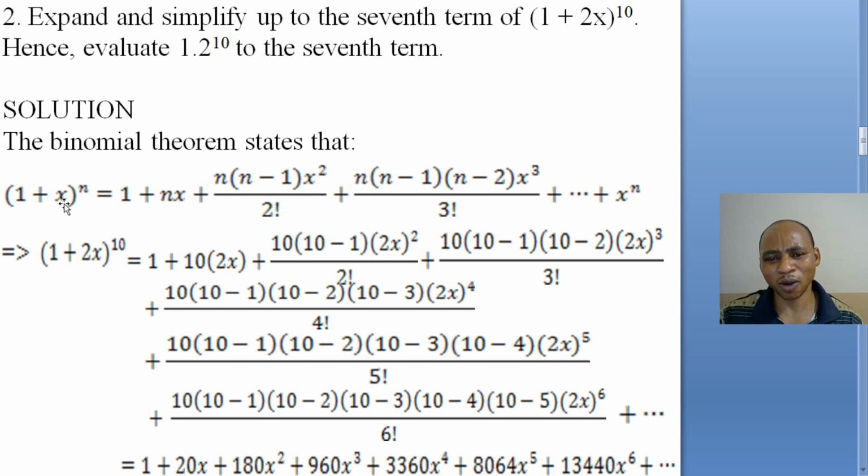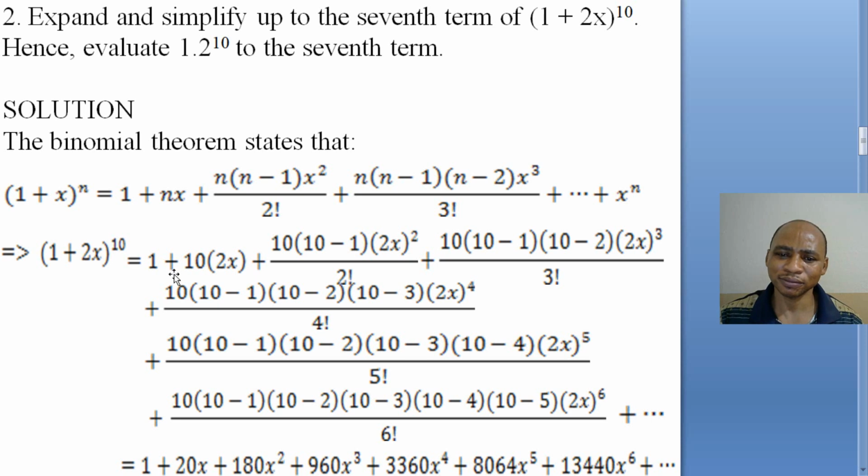It means our x here is equal to 2x and our n is equal to 10. So we substitute 2x in place of x in the binomial theorem, then 10 in place of the n, that's the exponent. And we end up getting